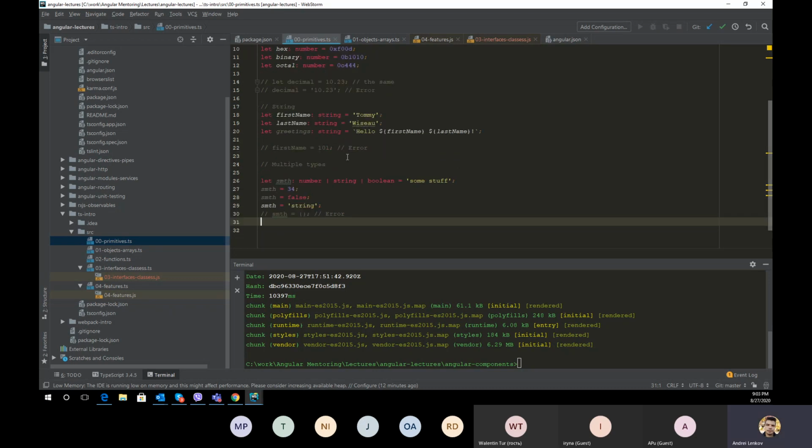Also is for number when we try to set number to string. And it's one of the main features of TypeScript to make the typification. And another one, it lets us